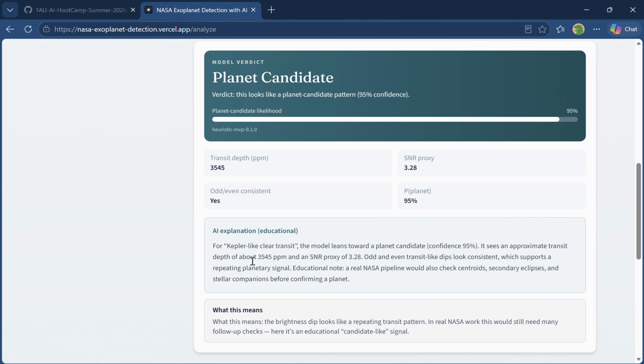To wrap this up, this project turns open scientific light curve concepts into an interactive learning tool by classifying, visualizing, and explaining what these dips are doing. The live app is, as you can see, the NASA Exoplanet Detection Vercel app. And all the docs and artifacts are in the GitHub Classroom repository,